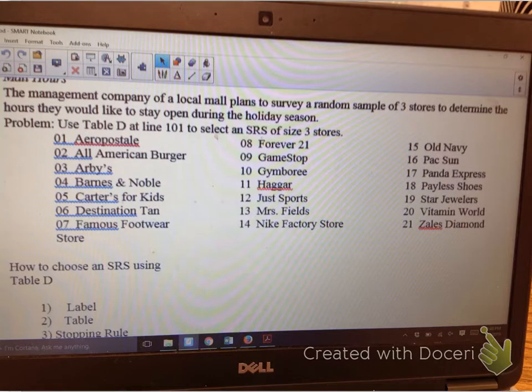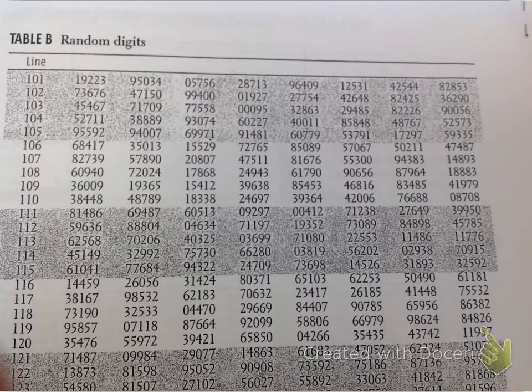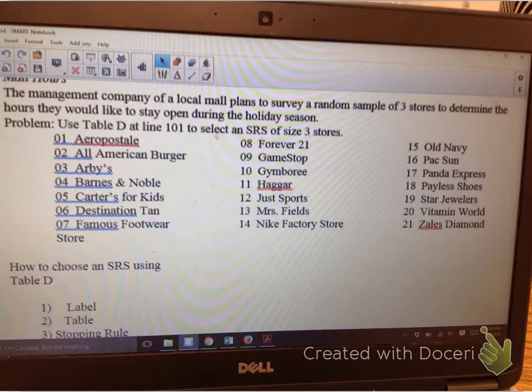Now, they want us to learn how to use Table D, line 101. Here is the table. Notice the difference between our book and the sheet I gave you. They are the same though, don't worry about it, okay? All of these numbers in the line are randomly selected by a computer. There's no rhyme or reason. How to choose an SRS using Table D is right here. Number 1, it says we're gonna label. So we have to be clear about how we're gonna label